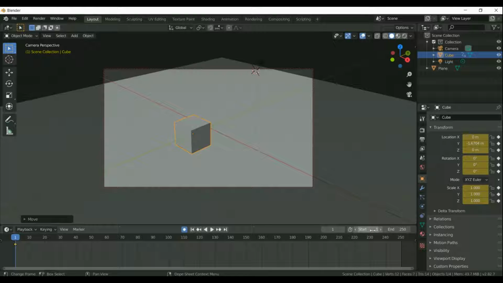There is a start frame from 1 and the end frame is 250. We don't need up to 250 frames, we only need 20 frames. Just click on 20 and hit enter, and we can see there are only 20 frames visible here. So after doing from one plane, you can repeat the animation.